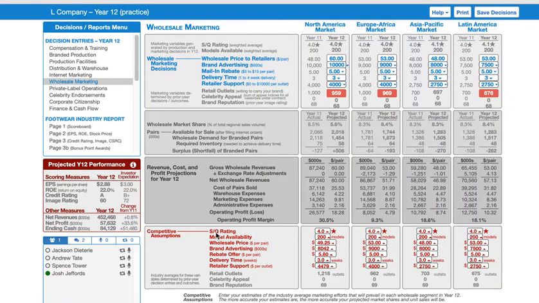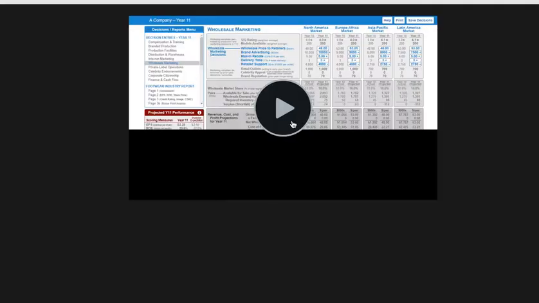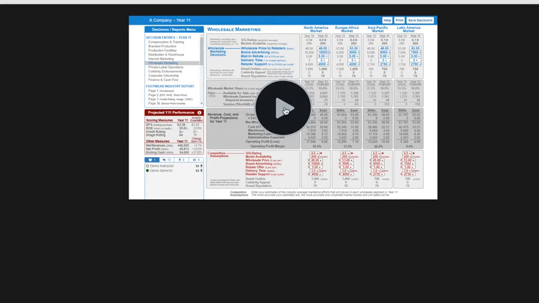Let's go back to the wholesale marketing. So the person that has wholesale marketing needs to become familiar with this screen. And the 2 main ways to do that, actually for anybody and every area, will be to go to the help area. This is at the top of each decision screen's page. My heavy recommendation is to look at the video tutorial first. With that video tutorial, you will be seeing probably a 3 to 4 minute video that does a nice overview of